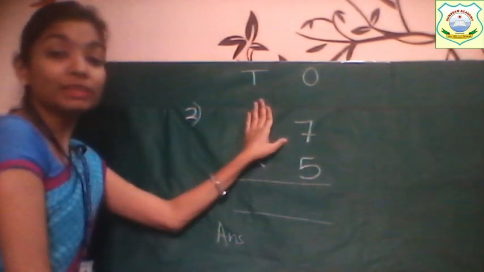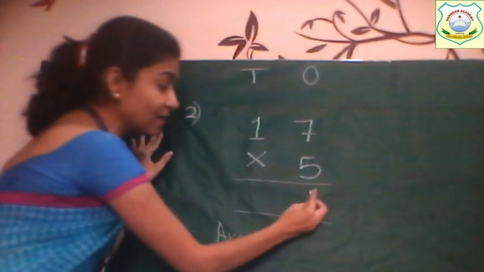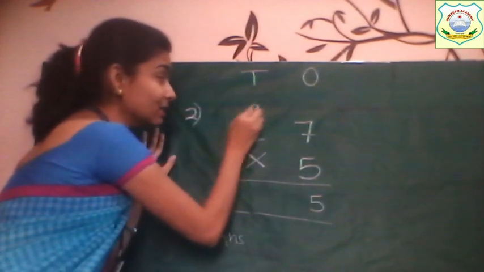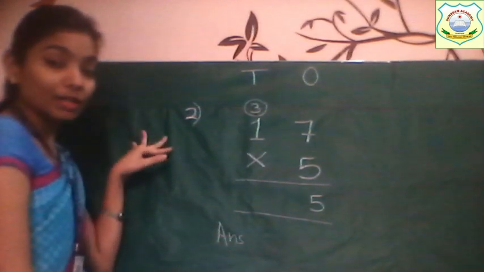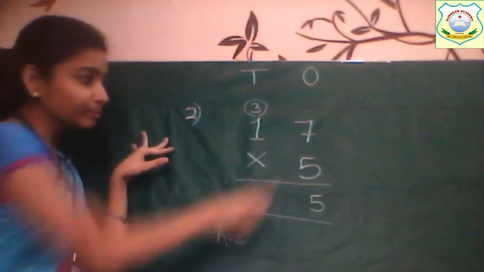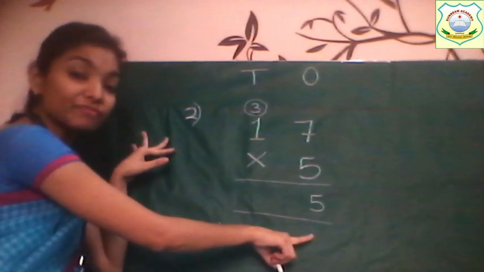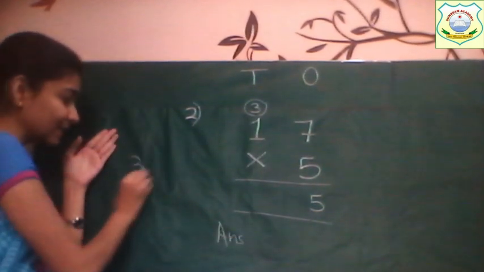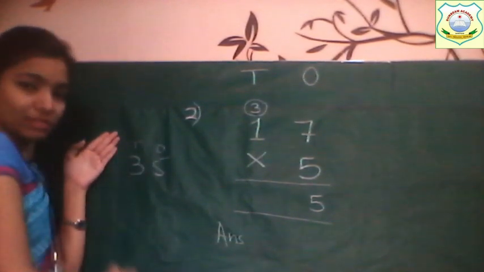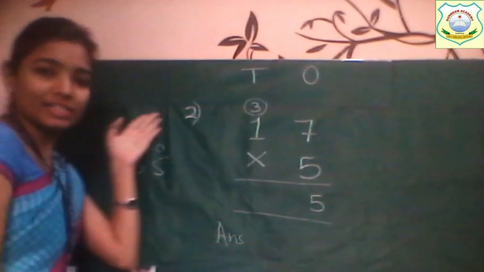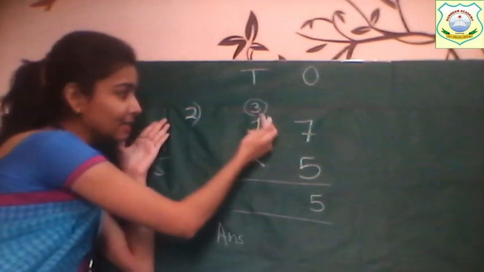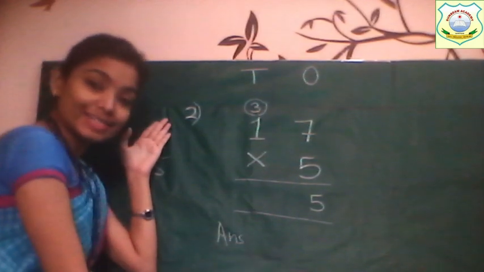7 5s are 35. So 5 we will write here and 3, that is 30, the 3 will be on the tens place. Why is it on the tens place? Because it is 35. So in the ones place we wrote 5. You can see here 35. 5 is on which place? Ones, and this 3 is on the tens place. So this carry is forwarded to the tens. So from 35 we wrote 5 on the ones place and 3 will be the carry on the tens place.